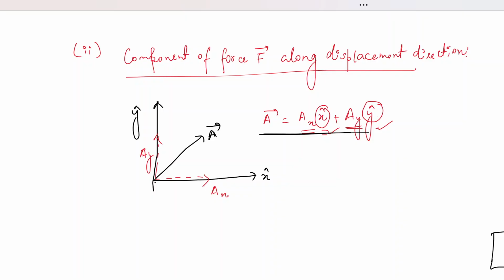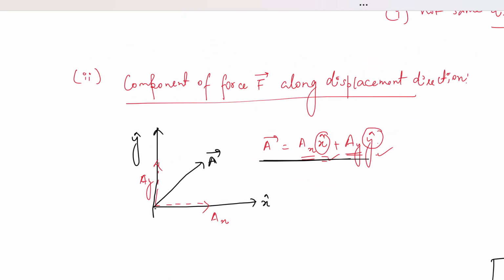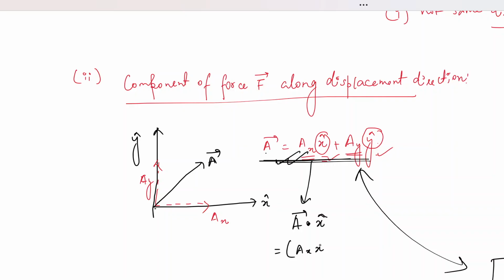Now, similar to what I was telling you, the relation comes because of this expression. Whenever you are breaking a component of A along x and y, you are basically taking ax x cap plus ay y cap. So how do you get ax then? Let's say you take a dot product of the vector A with x cap. So what is that value? A vector, you know, is ax x cap plus ay y cap. Now if you take a dot product with x cap, what do you get? x cap dot x cap is 1.